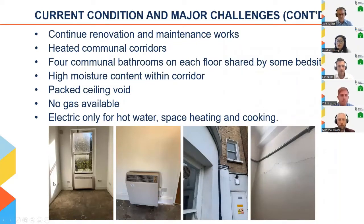The building is already gas-free, and the ceiling and wall space is limited, with circulation already very densely packed with surfaces that we are unlikely to be able to rationalize. There is also a need to renew the ventilation system in the corridor, so we can't just remove the existing one because there's no window or external facing walls, and it is a protected escape route, which means a surface solution is difficult to